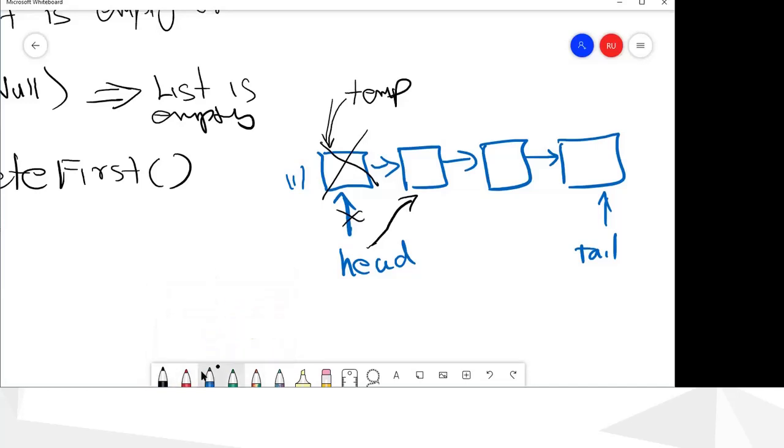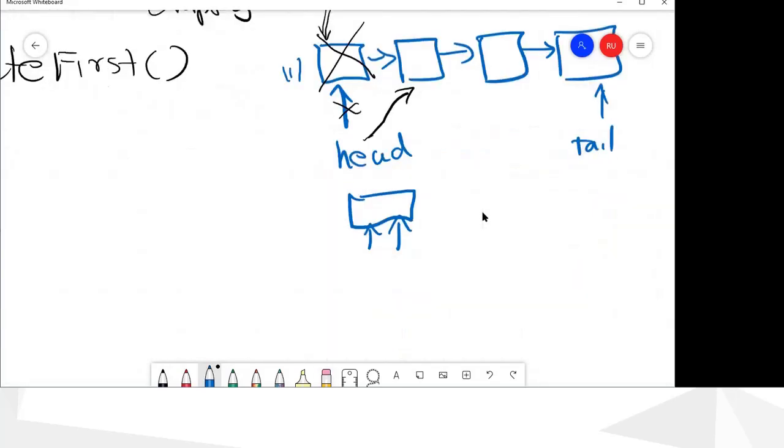And then there's another special case here. If you have only one element, your head and tail both point to this one.